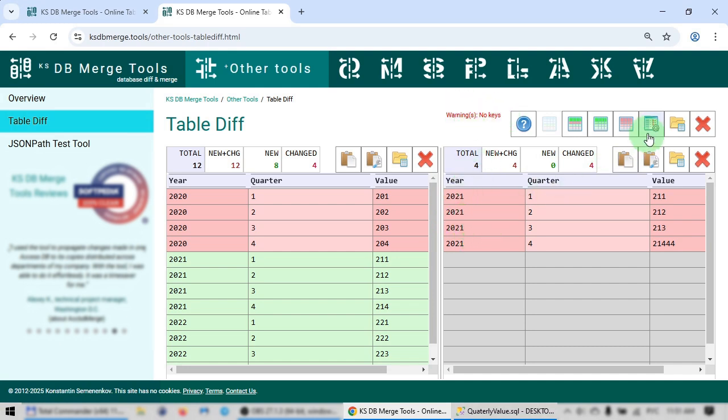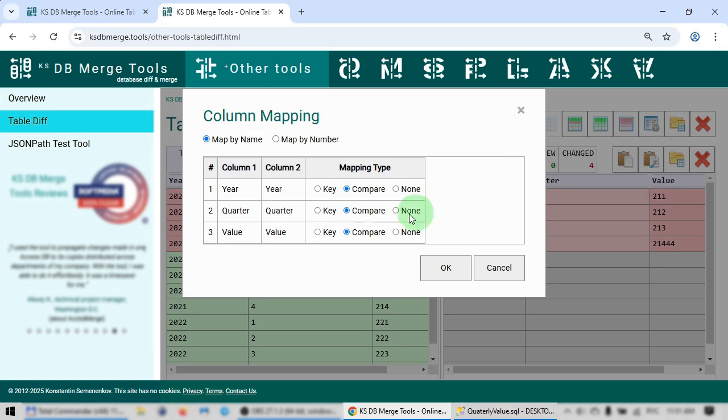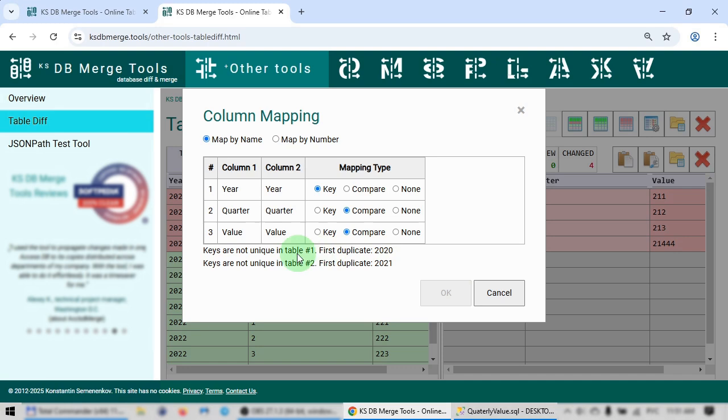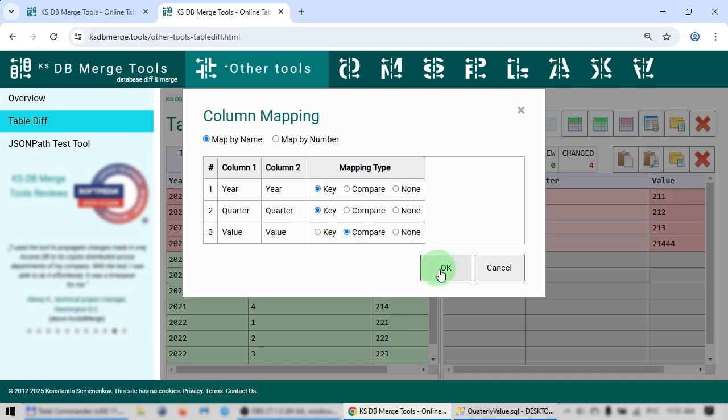Let's fix this. Open column mapping configuration, and at first, let's try to mark a year as a key, and we see the warning with the first duplicate value, so we mark both year and quarter, and here is our